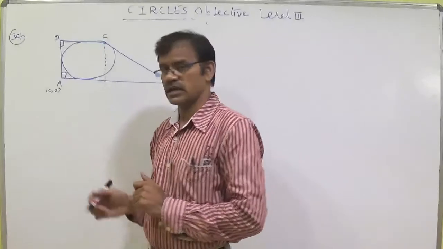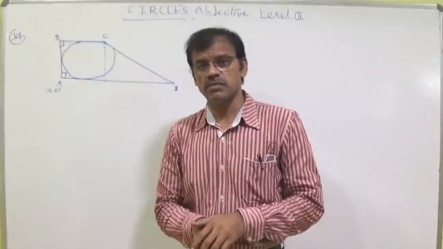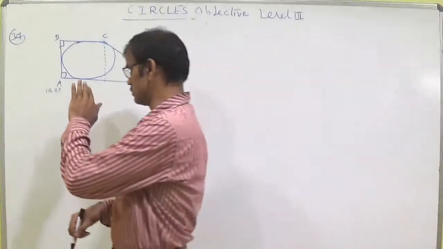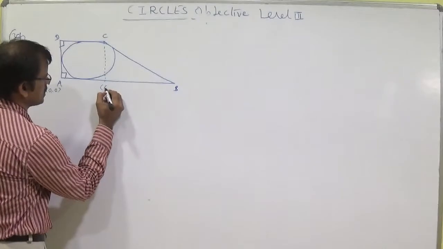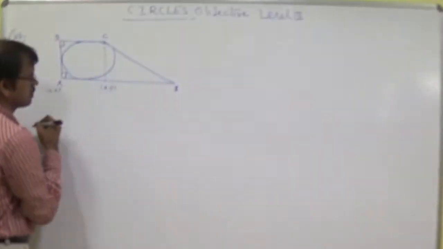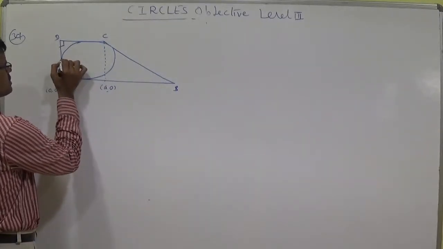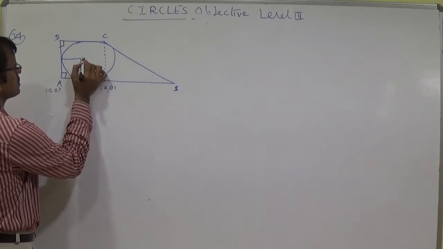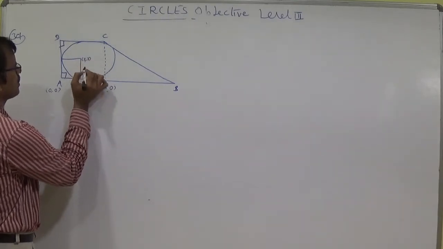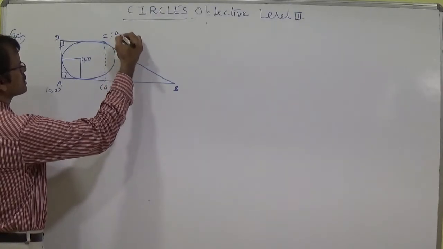This is the y axis, this is the x axis, so it is taking the origin. Students observe one thing: the circle is not passing through the origin. Touching the lines, here you can put this as A comma 0 because it is on the x axis. Whenever a circle touches both coordinate axes, then the center is r comma r and the radius is r. This is the diameter 2r.